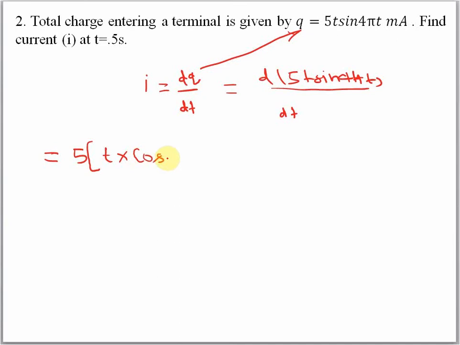If we differentiate it, it will be t times 4 pi cos 4 pi t, since the differentiation of 4 pi t is 4 pi. Now plus, we differentiate t with respect to t, we have 1,